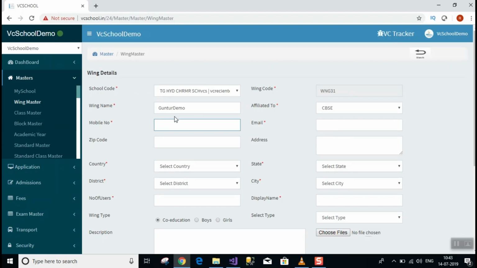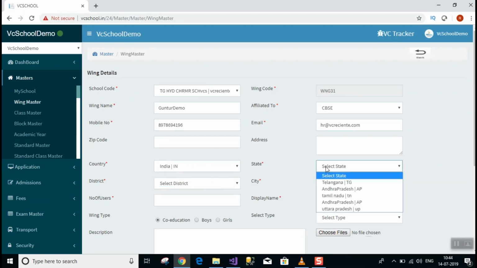Mobile number, email, next zip code, address, country India, Andhra Pradesh, Guntur, number of users 5,